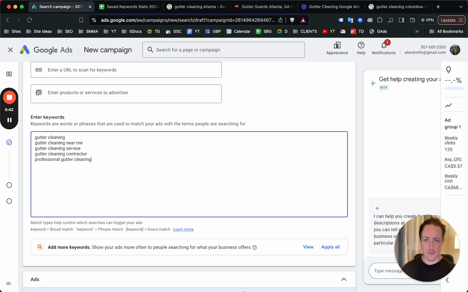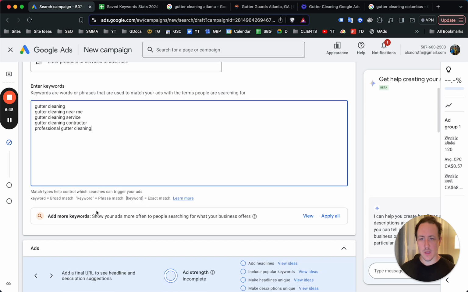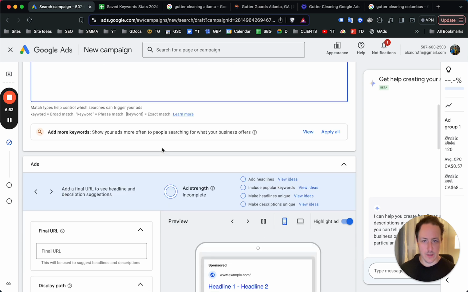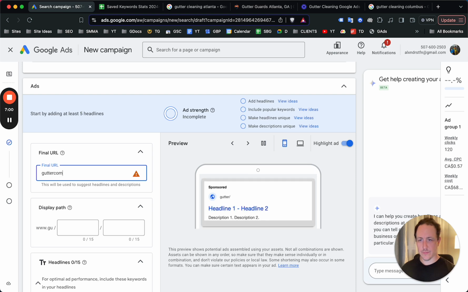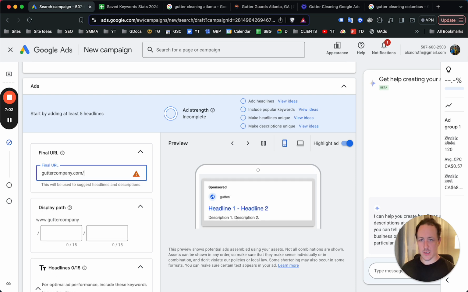In theory, you're going to have 20 to hundreds of keywords here over time, especially depending on what services you are offering. And now from here, you can set it to phrase match, but I just have to do that after, and I'll show you what you can do. A final URL, you would want it to be, for example, guttercompany.com/services/gutter cleaning. Always send traffic to a relevant landing page, right? So this is a landing page that's specifically targeted,